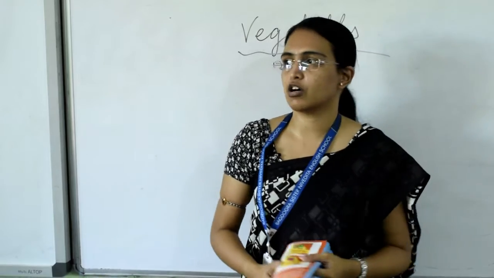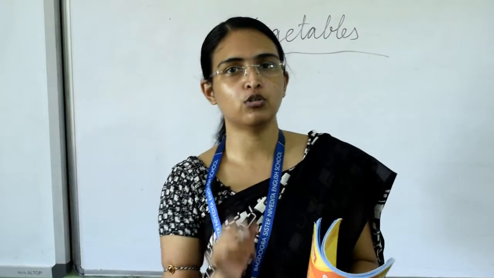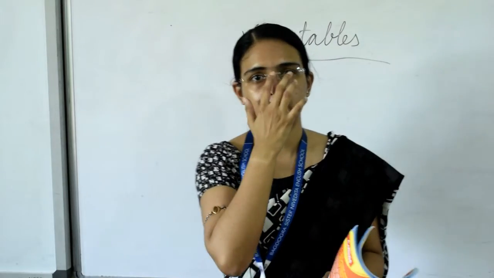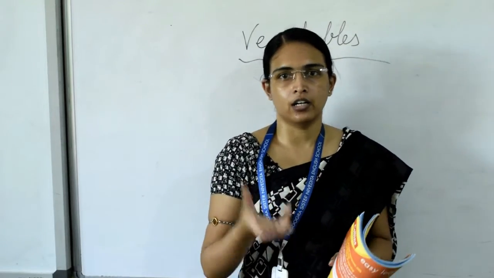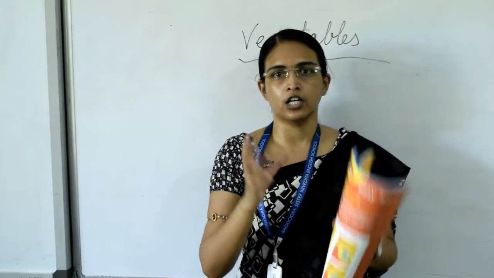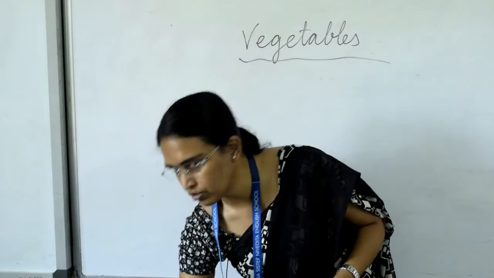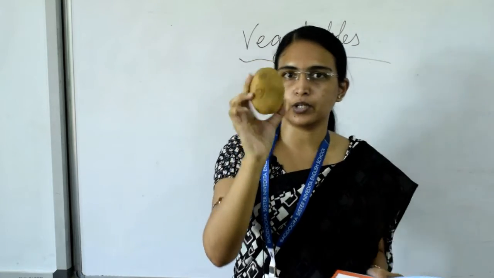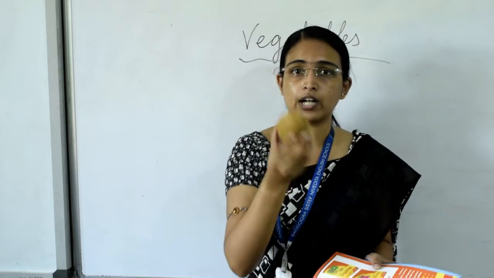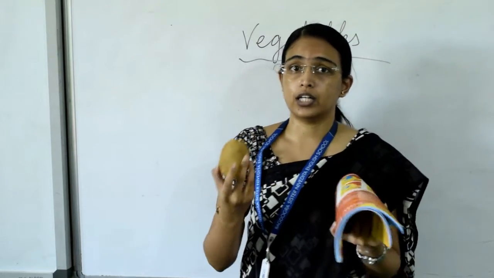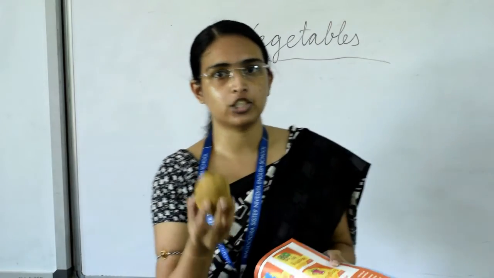And also you have to learn all the names of the vegetables and their colors at home, and try to identify the vegetables. Okay, when your father brings some vegetables, look at those vegetables and try to identify them. Like this, I have shown you. Suppose your father has brought this potato, so look at the potato and identify which vegetable this is, and what the color of the vegetable is. Okay, and discuss, and also tell me about your favorite vegetables.